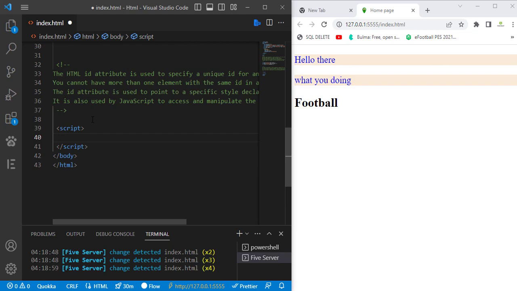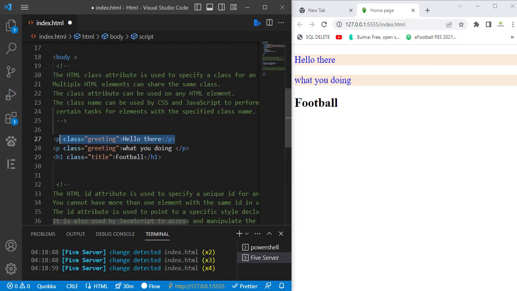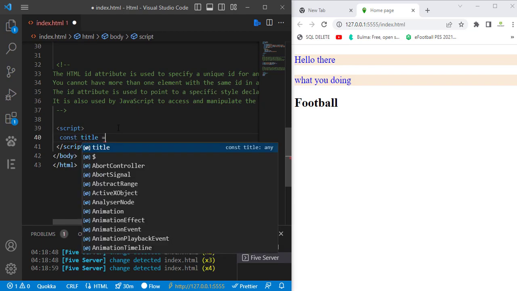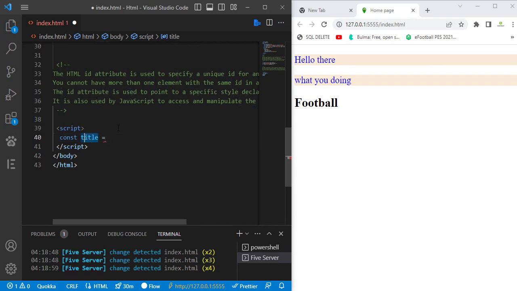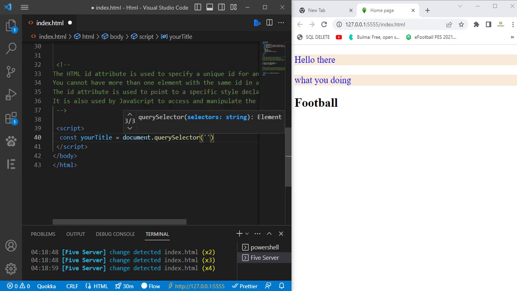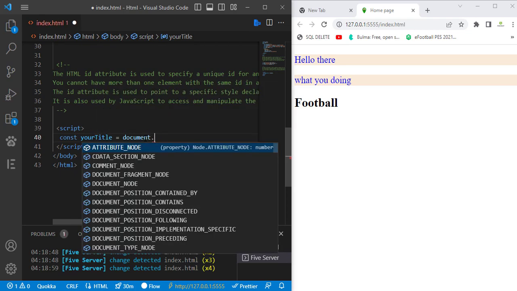I want this one. I'm gonna call this title using JavaScript. So how can I do that? I'm gonna go and just say, for example, const. I want the title. You name it whatever you want. You can just say, for example, your title. And then here, I'm gonna say document dot query selector, or you can just say dot